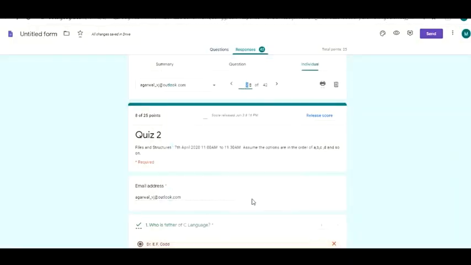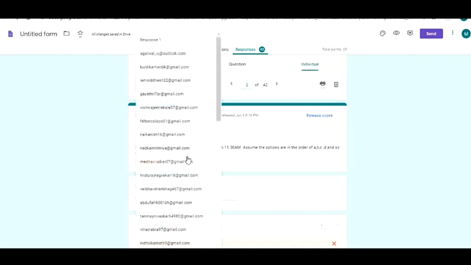So that way all of them would have got their scores. Now I'm sure my students have all got their scores again because I clicked on it. So please understand that if you choose all of them, they will get their scores released.